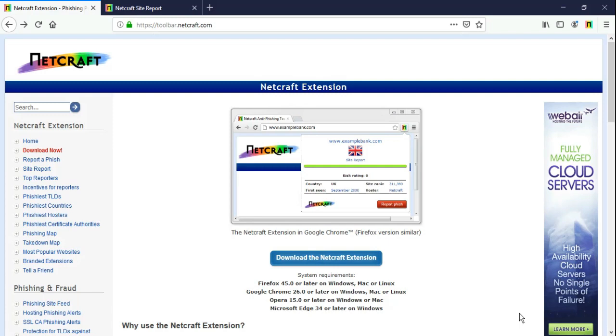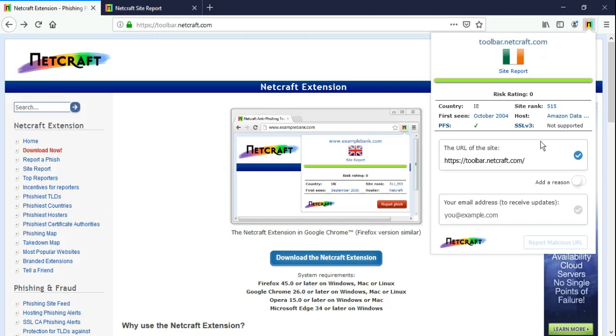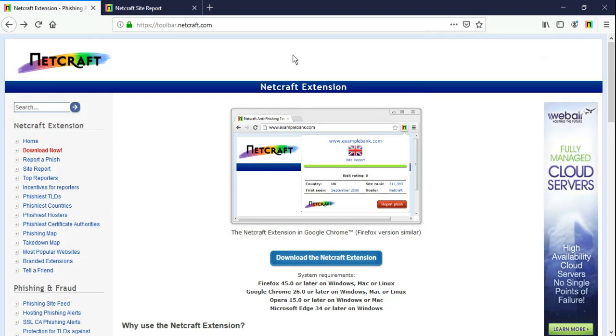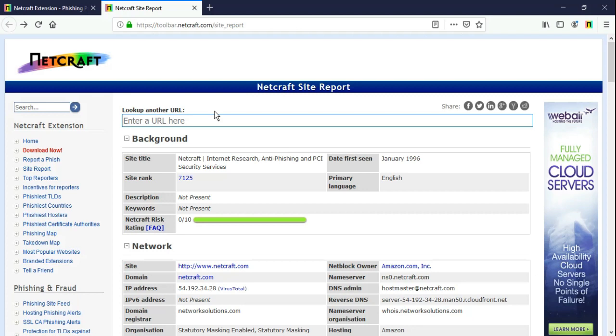In the previous video, we have used whois database in order to collect information about the owner of our target website. Now, let's try to find out some more information regarding our target website. So for that, you have to visit toolbar.netcraft.com, or you can download a browser extension for the same. It will provide you a quick review about a website. Now here on the left hand side, click on site report and you will get this web page, right? Now here enter the